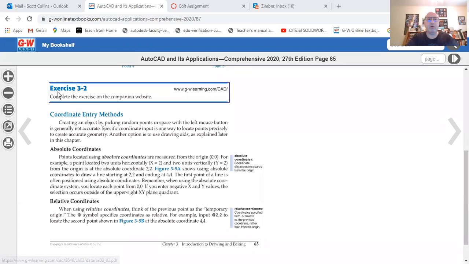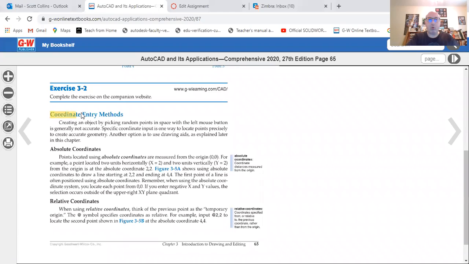And you'll see here, right after exercise 3-2, where you started using the line command, you start learning about coordinate entry methods. And there are three different coordinate styles. There is absolute coordinates, which measure distances from this 0, 0 origin point where X and Y meet. There are relative coordinates, where each step is